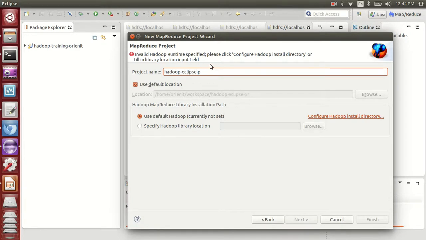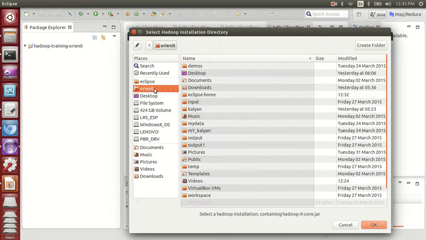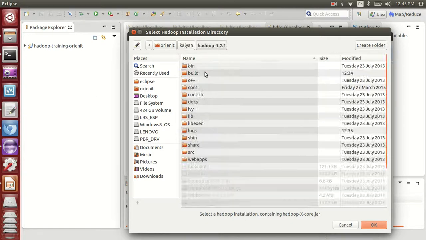Right now the default Hadoop home is not set, so you can configure it or browse and select it. Let's browse it. I have configured my home folder, Hadoop 1.2.1.